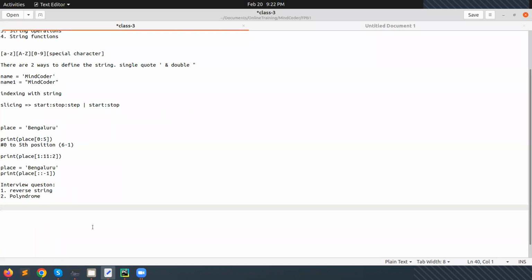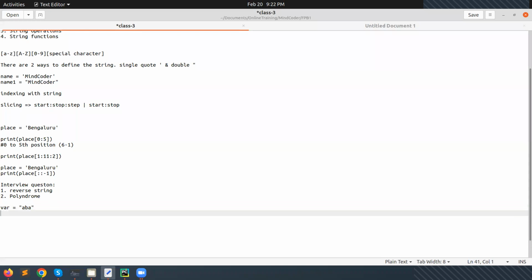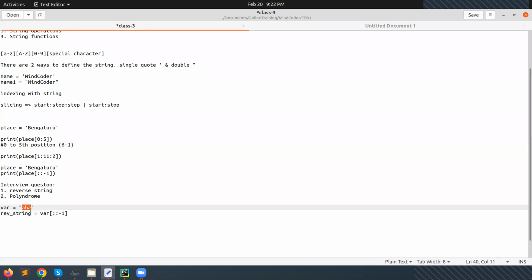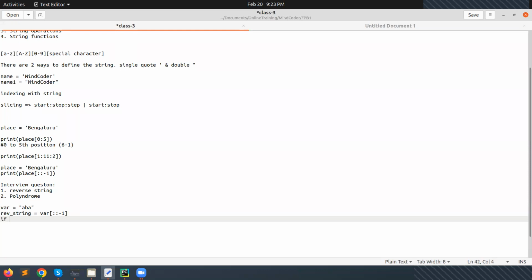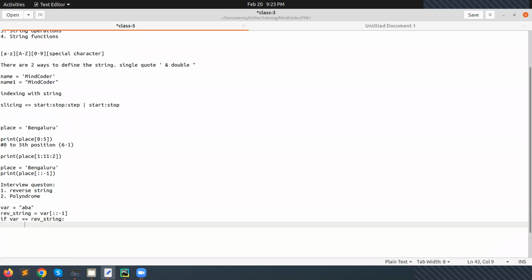First of all, we take a variable, var for example, and here I am putting ABA for test checking purposes, and the reverse string we are creating here with [::-1]. This is the main variable; we are reversing it and storing it in this variable. Then we can do if var equals REV, and if it's true, then we print palindrome. Otherwise,